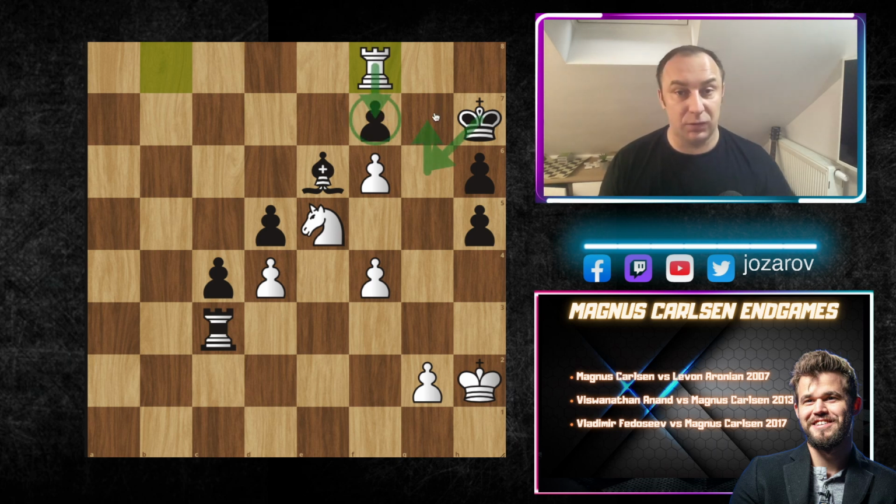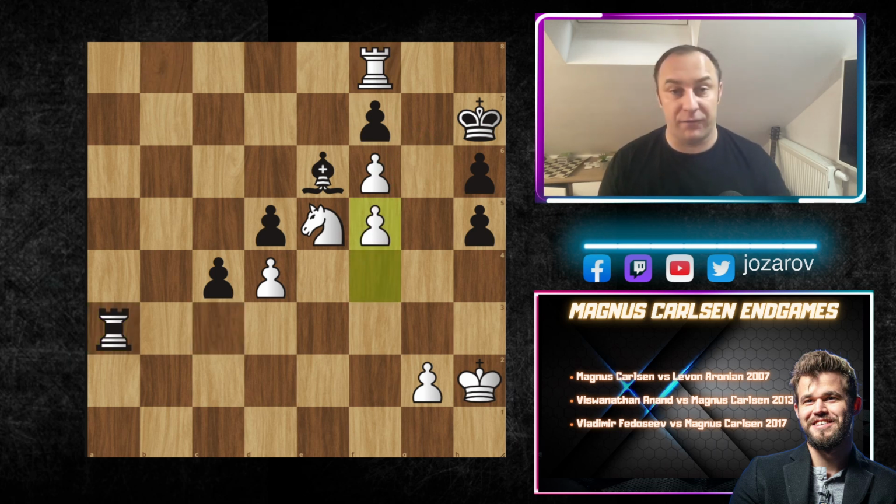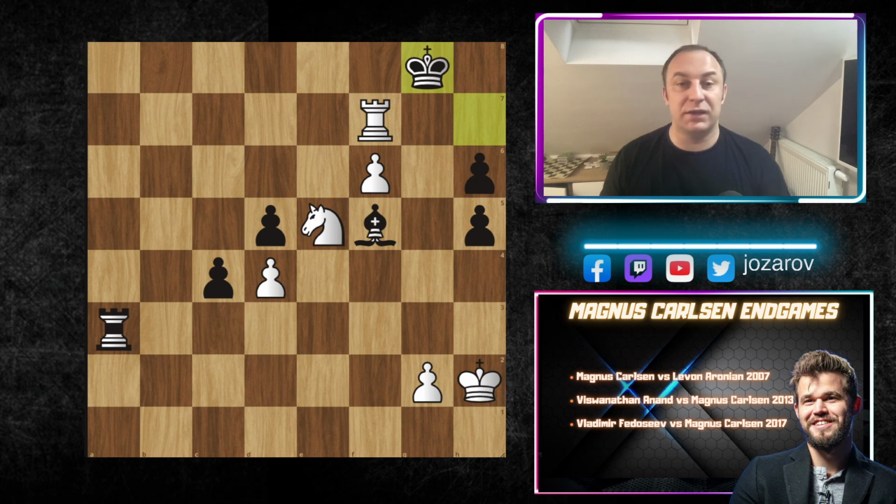Notice that the king cannot approach the structure, because the knight is taking over here on g6 and the pawn is taking over here on g7. So we have rook to a3, f5. Now this beautiful motif: Magnus delivers a check. King to g8. The king has to go to a defensive square on the back rank, and now with rook